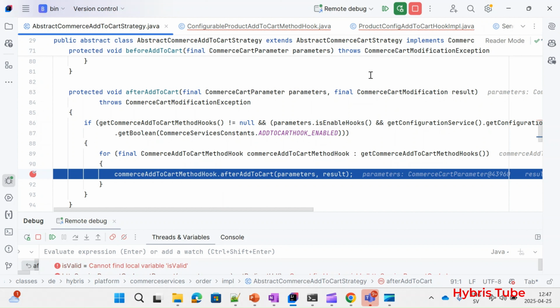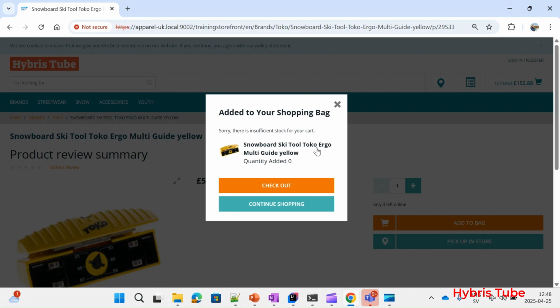Along with all these out of box hooks, I will inject my own custom hook as well, and it will give you even more good clarity how you can create and how you can plug in those custom created hooks along with the parent flow in the out of box code also. So it's a really good concept, and it can be used if you want to influence the parent out of box written code flow. Now you can see, guys, product has been added into the cart,